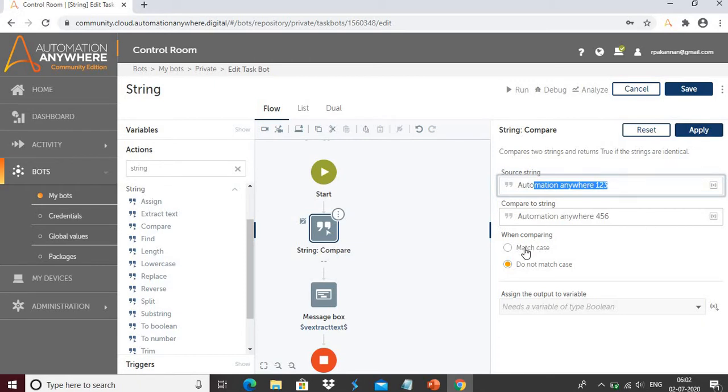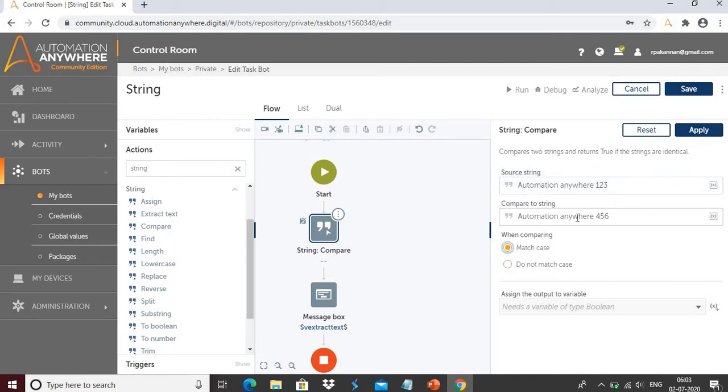And the match case. These are case sensitive. If you want to use case sensitivity, such as when the characters match however there is a case issue, like above we have caps but in the bottom string it is lower case. At that time, if you check this match case option button, which is case sensitive, it will give you the false message. At this time I'll use the same thing, match case sensitive.